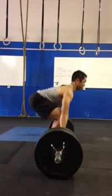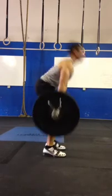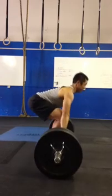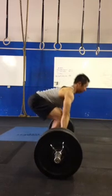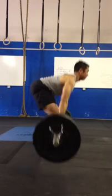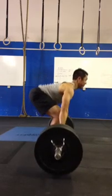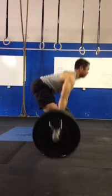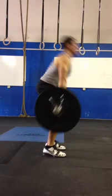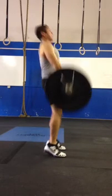Here's my sweep. I could get my knees back a bit more, and then I need to tighten up my upper back a little bit. You can see how my hips are kind of raising up just a little bit earlier than my shoulders, so I need to really squeeze these shoulder blades back a bit more. Past the knees, that's my trigger to jump, and you see by this rep I was focusing on that shrug back,